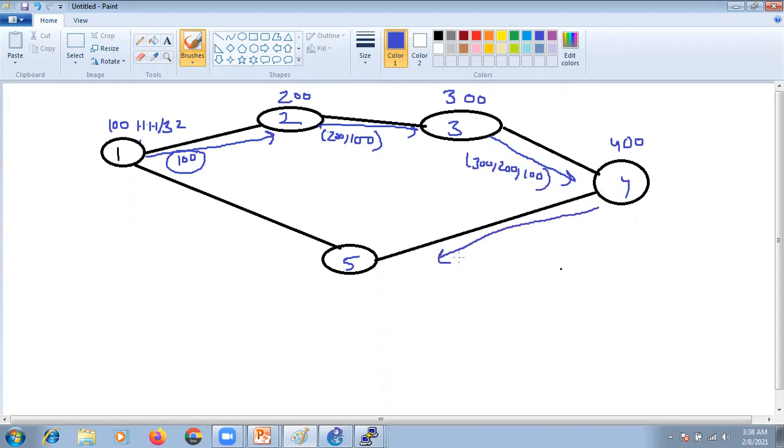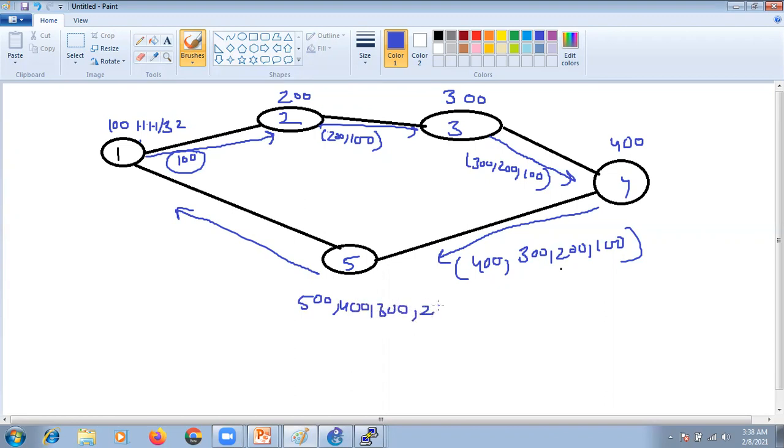Same thing R4 will do: 400, 300, 200, 100, right? Now when R5 is advertising to R1, it will include 500, 400, 300, 200.